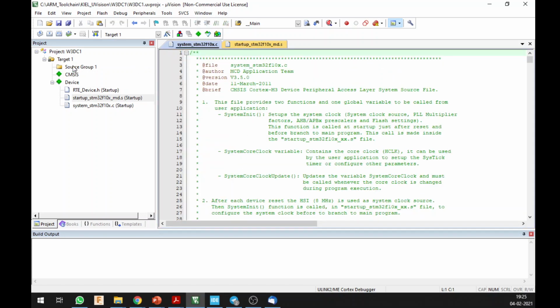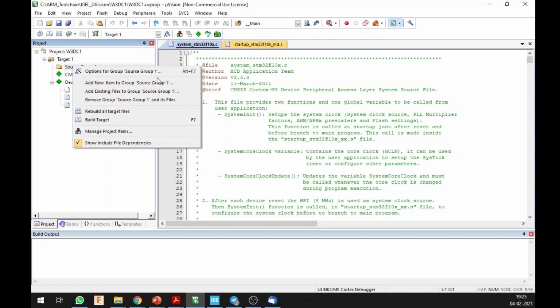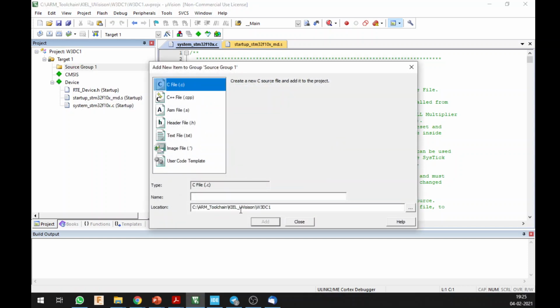So let me just make a main program. I'll add a new item. Let's call this main.c file. By this time you might have seen this at least two or three times, so this should be non-trivial for you guys.